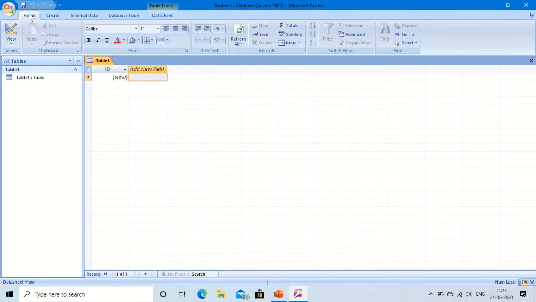By default the home tab is activated when we create a database, and by default there will be one table, Table 1, and here two fields are there, ID and Add New Field. So here we understood how to create a database. In the next video we will see how to open it.